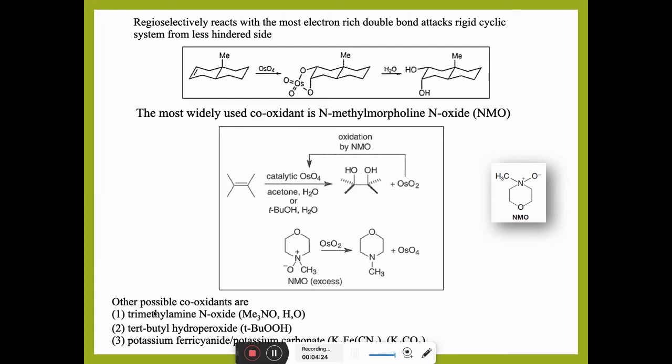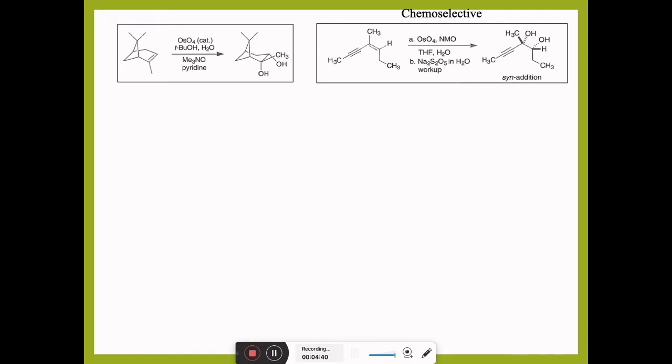Now instead of NMO, there are other co-oxidants also. Some of them are mentioned here: trimethylamine N-oxide, tertiary butyl hydroperoxide, potassium ferricyanide or potassium carbonate. Now see some of the examples of OsO4 in a catalytic amount. We have seen here the co-oxidants are also used along with OsO4. So this is the one